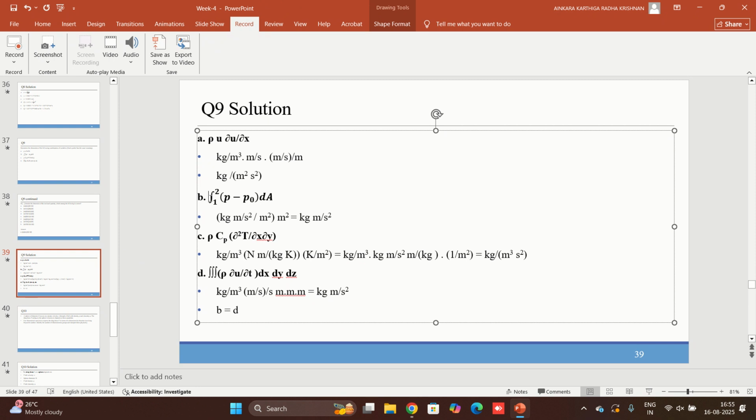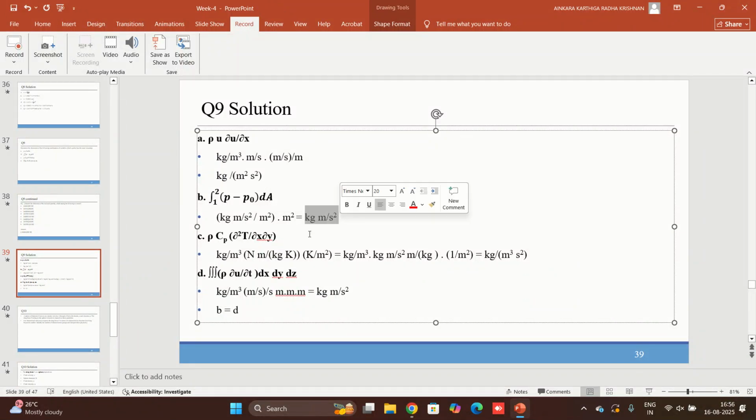So second one we have integral of p minus p naught into dA. So we have P is Newton by meter square or kg meter per second square by meter square into A is meter square. So we have kg meter per second square divided by meter square into meter square. So what happens? This meter square and this meter square get cancelled,